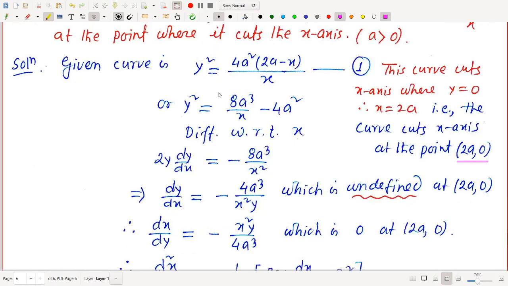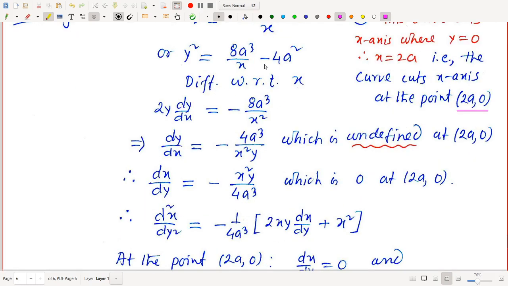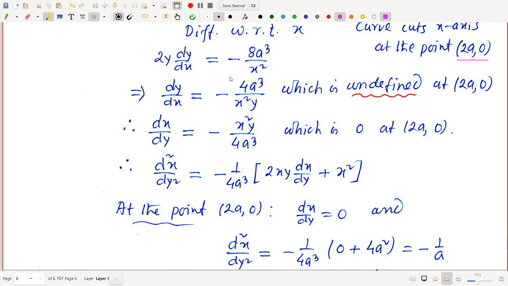For that, what we have done, instead of u by v, we apply v by v and simplify it. 4a square into 2a means 8a cube by x, and then minus x cancels, it is 4a square. So it will be easier to differentiate this line. Differentiating with respect to x, we get y square derivative is 2 into y into dy by dx, and 1 by x derivative is minus 1 by x square, 8a cube is constant, then 4a square is constant, derivative is 0. So from this we find dy by dx is minus 8a cube by x